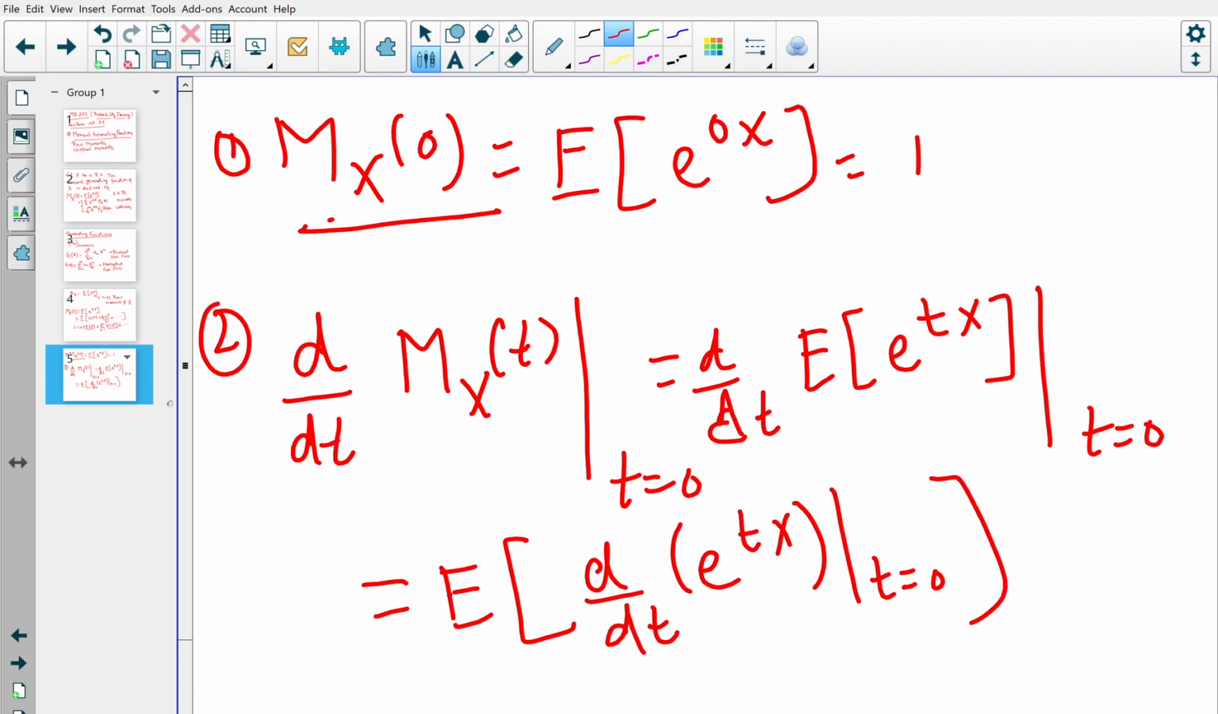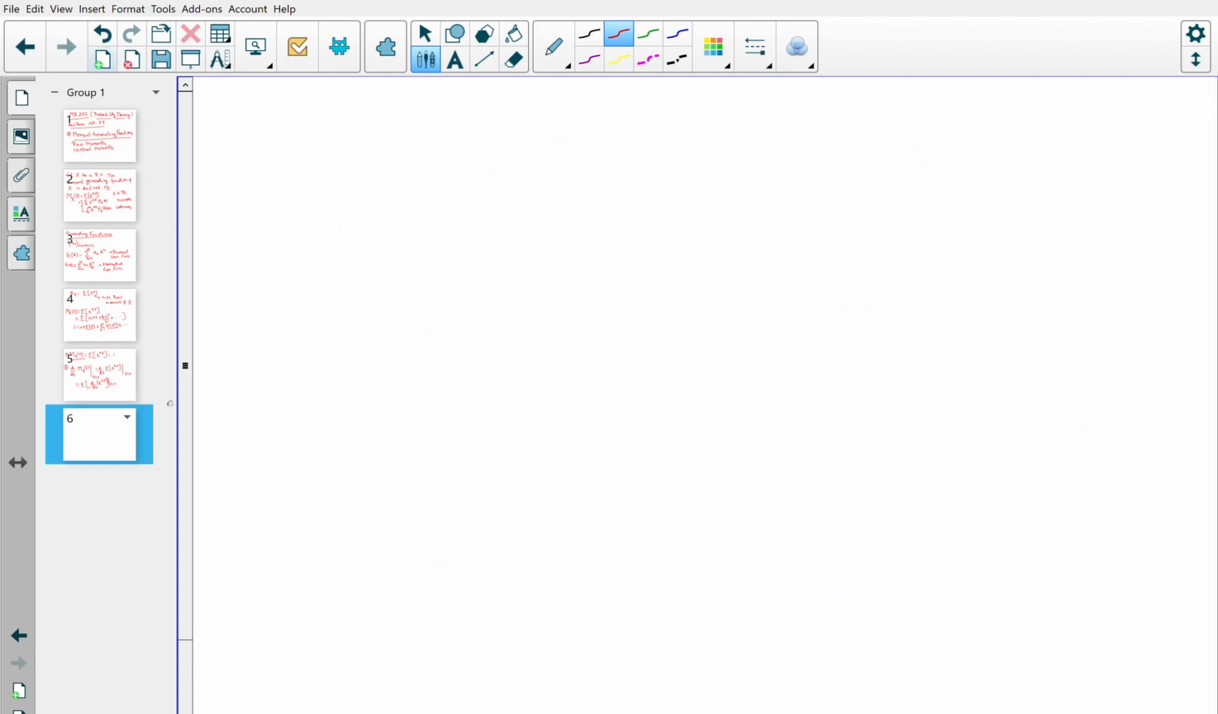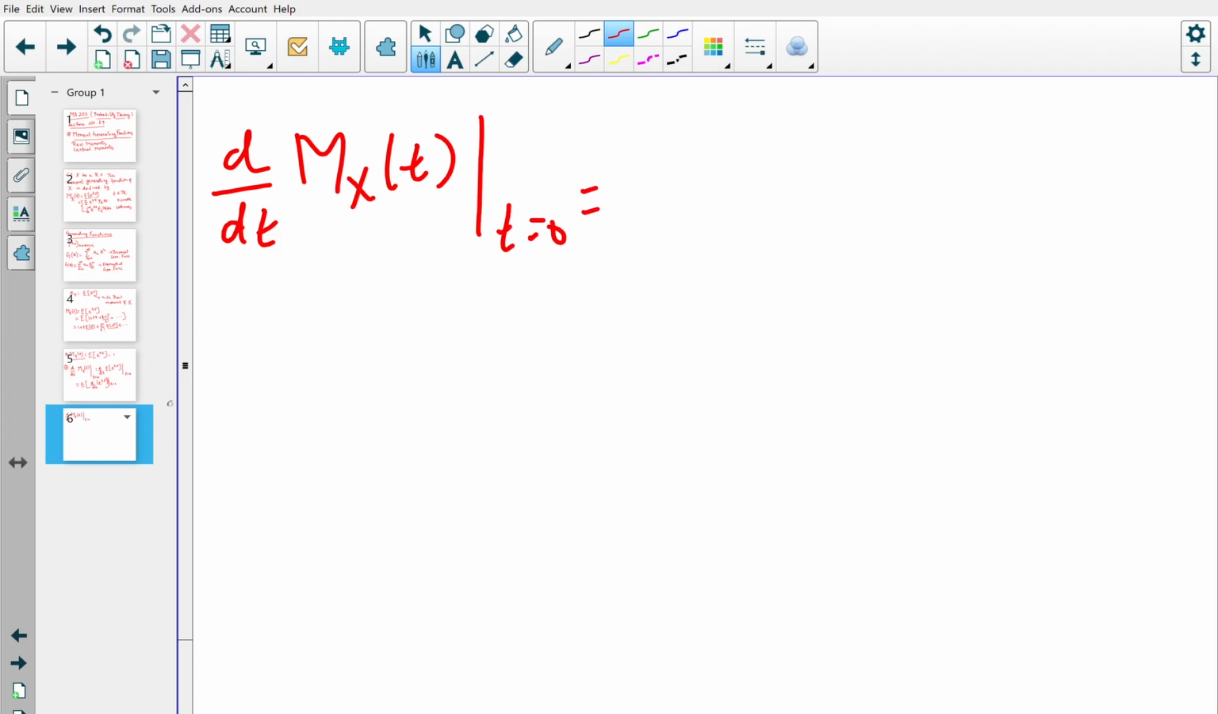Okay, and so, yeah, so sorry, so this is this, and then we can find out that this is nothing. Okay, so then you can find out that d/dt of M_X(t) at t equal to 0 is nothing but expectation of